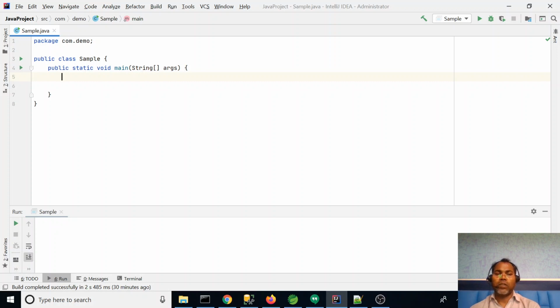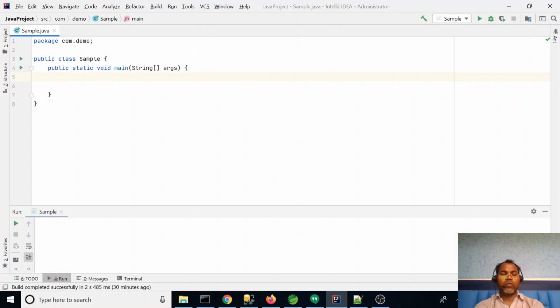After Java 13 they made some more modifications. So today I am going to discuss how we are going to use the switch statement and how we are going to use the switch expression.